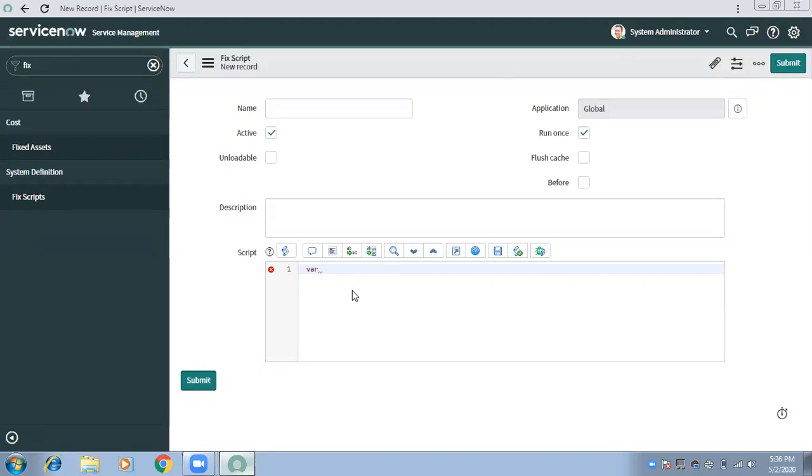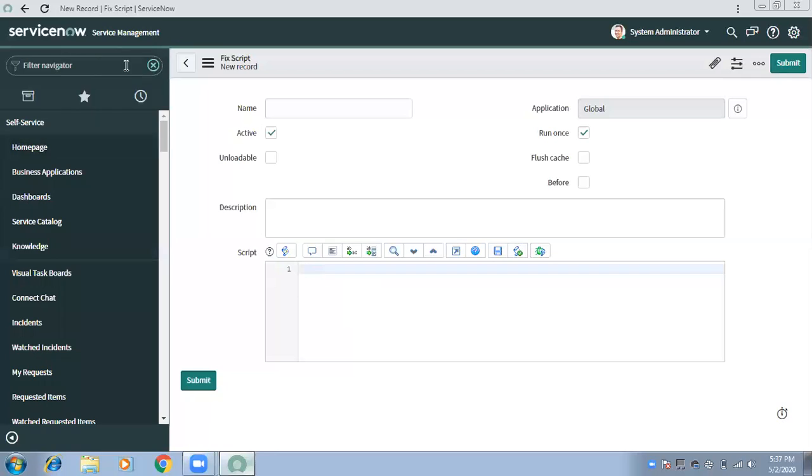So let's say I am going to query. If you remember the previous example, I'm not writing this code yet in a business rule because I am just explaining it to you. Let's say I need to update all the related records. If I resolve the parent ticket, I need to resolve all the child tickets of that particular ticket. Getting my point? So let's implement that example directly.